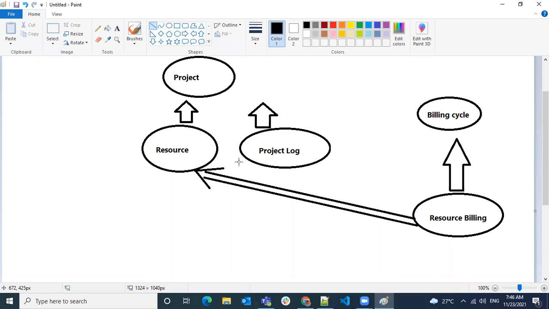Fine. Now, when I want to create a thing from a project in a resource billing, whenever a new resource is added with zero numbers, and whenever they have spent some time on the project logs, I want to add the numbers here. But by default, I want to add one dummy record, or an empty record. When they are spending time, the hours will be updated.